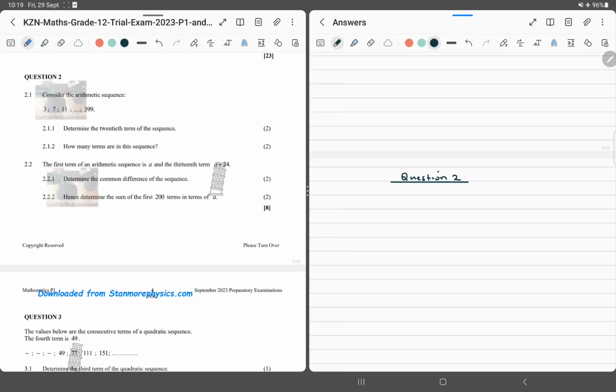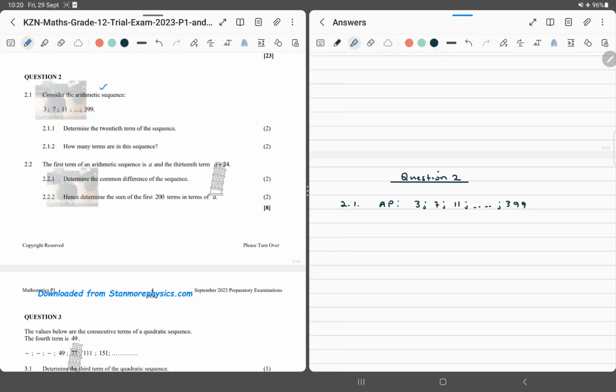So what is question 2 saying? It says now consider the arithmetic sequence 3, 7, 11 and 399 is the last term. So this is cool. So always try to make it easy for yourself. So they're telling us this is an arithmetic progression. So we have got 3, 7, 11, and then it continues until